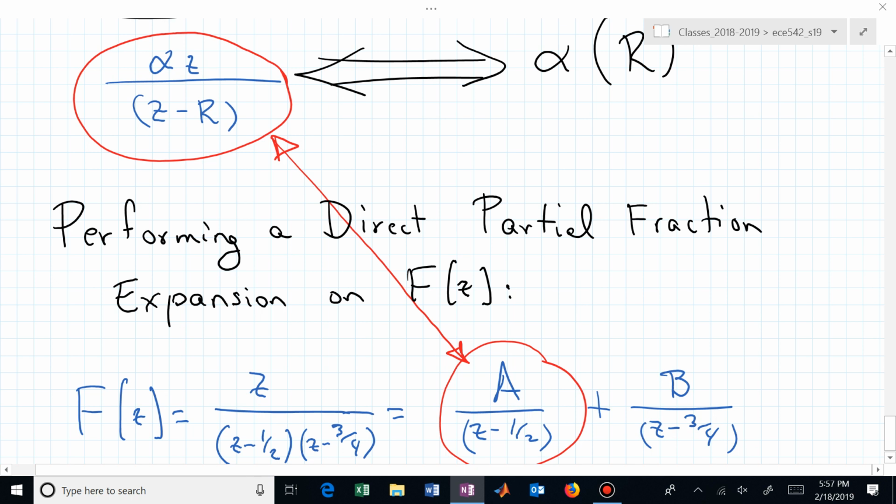Is the numerator the same? No, one's alpha and one's a. Okay, let's look beyond the Greek and the alpha. But the other's missing a polynomial, isn't it? Z. So we can't, this is inconsistent. So we can't just